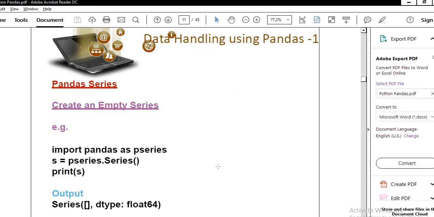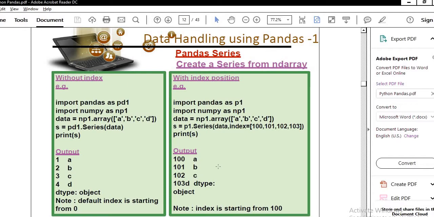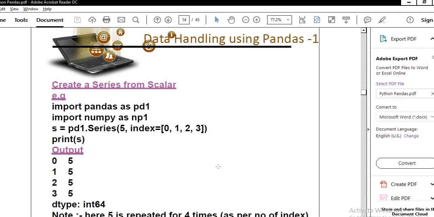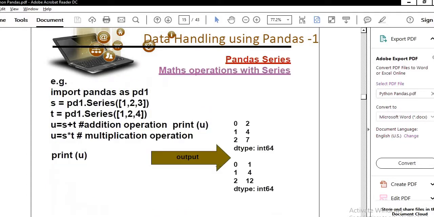First, how to create an empty series, then a series from an array, then a series from a dictionary. We have all practiced this. Then the series from a scalar value. These are a few mathematical operations that we did yesterday: how to add two series and how to multiply the elements of two series.